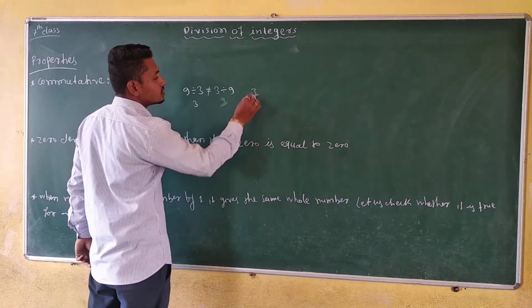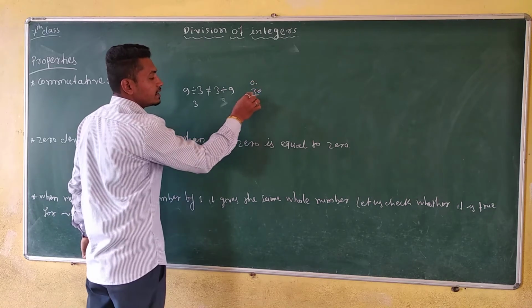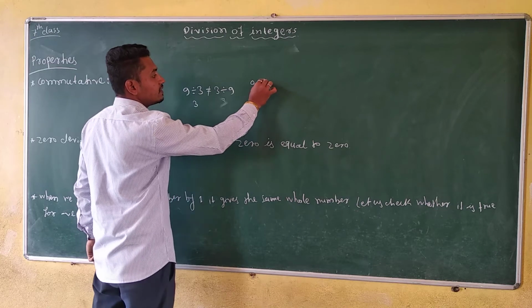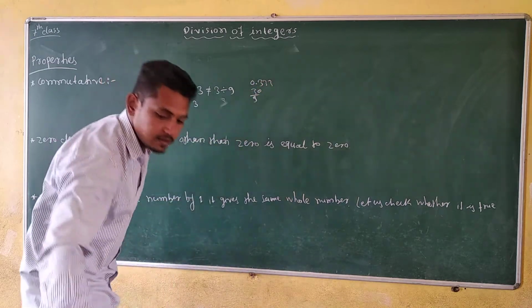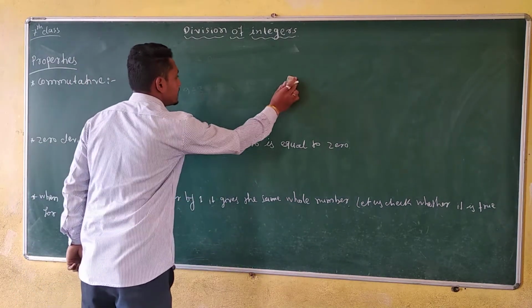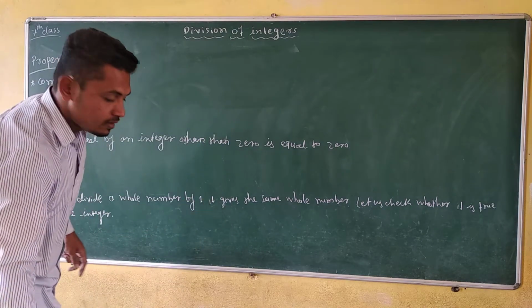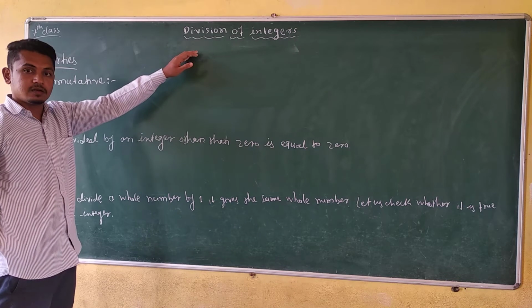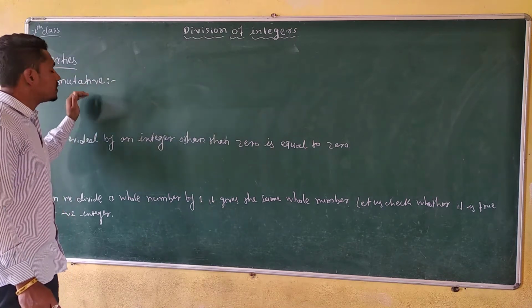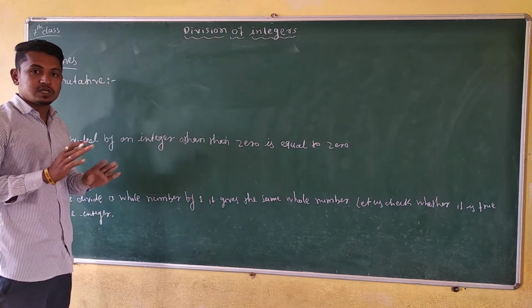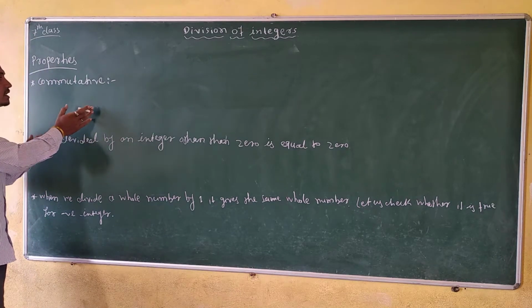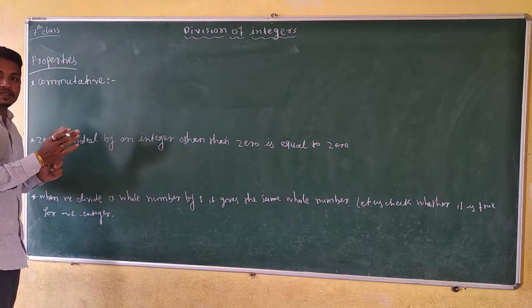3 divided by 9 is 0.333, okay, like that. So that's why the commutative property for division of whole numbers does not exist. But now I have to check whether the commutative property exists in